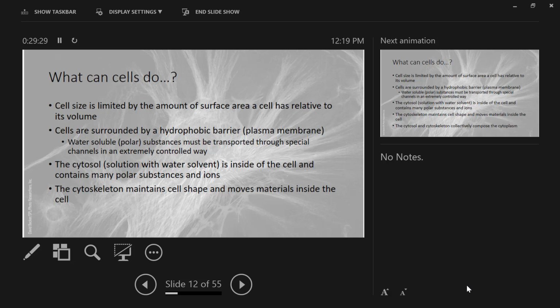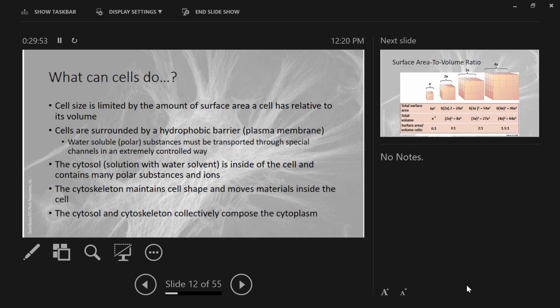Sorry. Then we have the cytoskeleton. We saw this before. Again, this root cyto means what? Cell. And then the cell skeleton maintains the shape of the cell and functions to move materials inside the cell. Really, they function like roadways for things to move on, but we'll see this in a couple of weeks. And then the term cytoplasm, you've heard that term before, right? Cytoplasm is the cytosol along with the cytoskeleton. So it's the fluid of the cell as well as the skeleton of the cell combined together to form the cytoplasm.